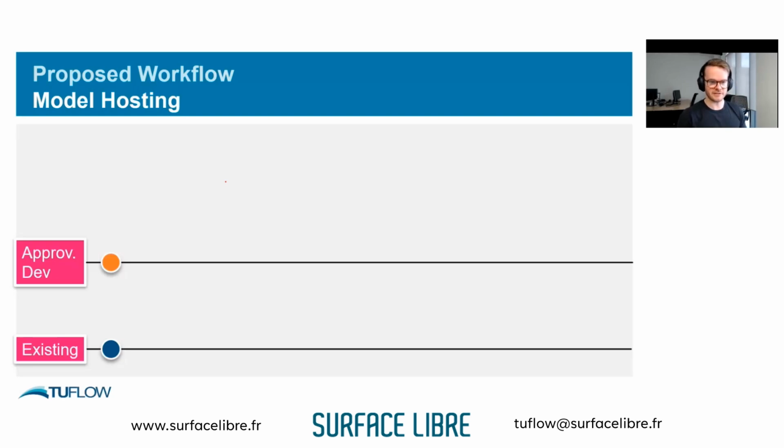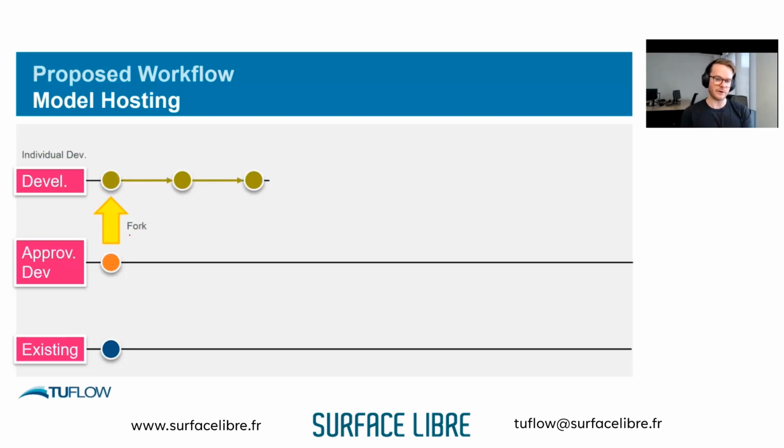So you'd have these two branches, and say someone comes along and says, I want to build a house or some infrastructure which involves a bridge over the waterway. You need to go through some modeling to make sure we're not doing anything wrong, like making things worse. Pretty standard stuff. Well, then they get me to do it. I would fork this branch into my repository. Fork is a new word, I know, but it's essentially when you grab someone else's repo and bring it into your own repo so you can do work on it separately.